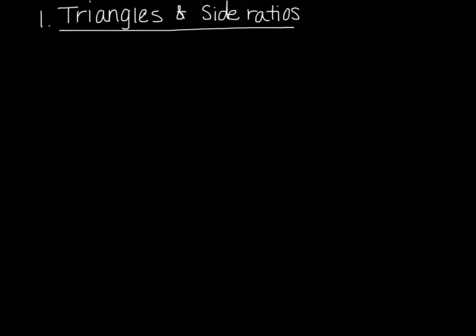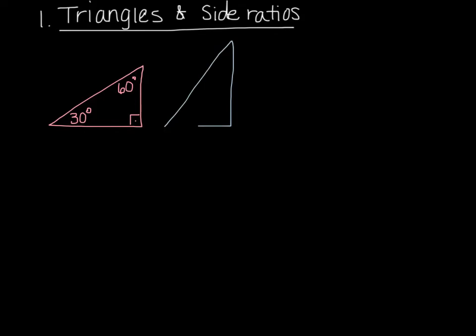So first things first, when we talk about triangles and side ratios, we're really just talking about two triangles. Forgive my drawings from here on out. We're talking about a 30, 60, 90 right triangle, or we could stand that triangle up, and this might be a little extreme, but as you see right here, now my 60-degree angle is down here and the 30-degree angle is up there. It's really the same triangle, just one is laying down and one is standing up. And the other triangle that we will study is the right isosceles triangle, which actually looks the same as my other one, where it's a 45, 45, 90 right triangle.